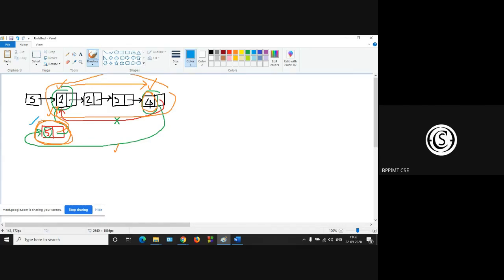So the new list should look like this: 5, next 1, up to the last node 4, and this 4 is connected to the 5, okay? So there is no specific front, no specific end.